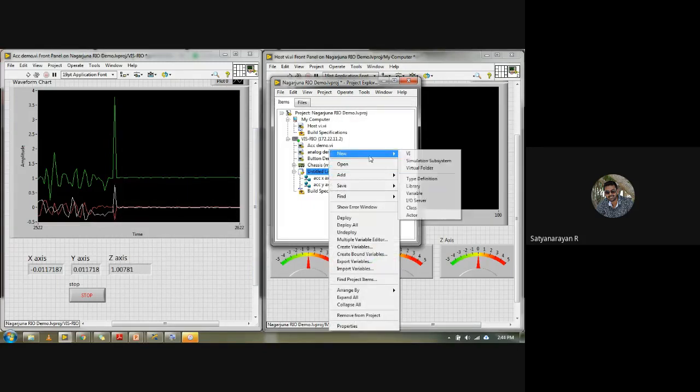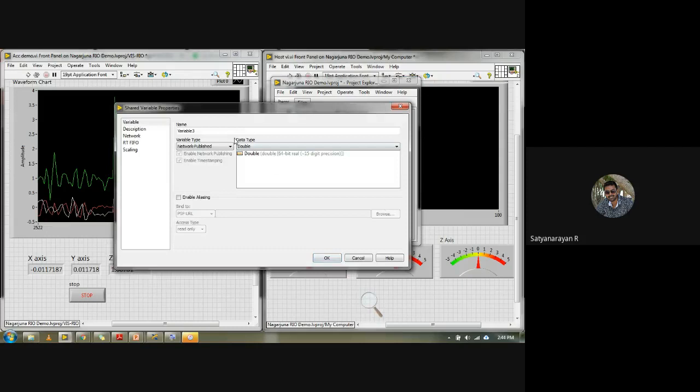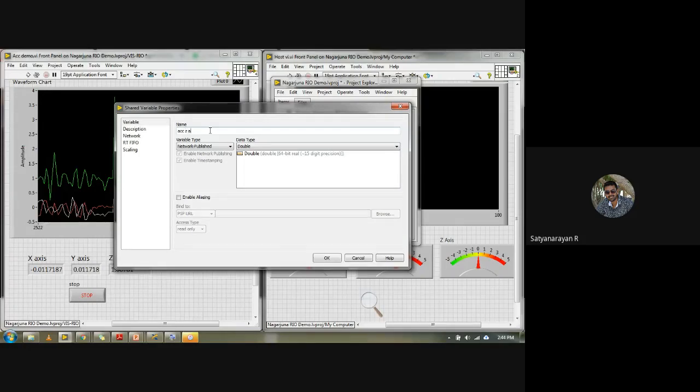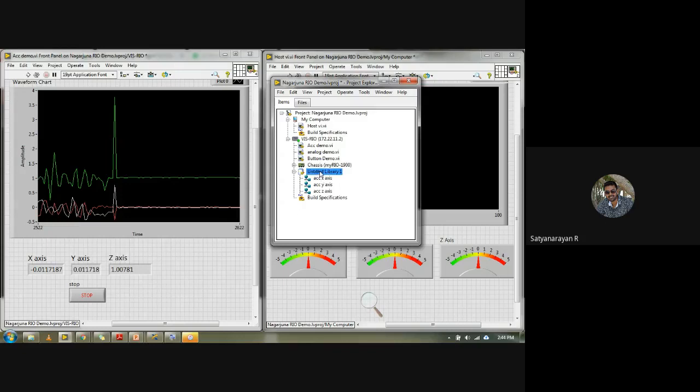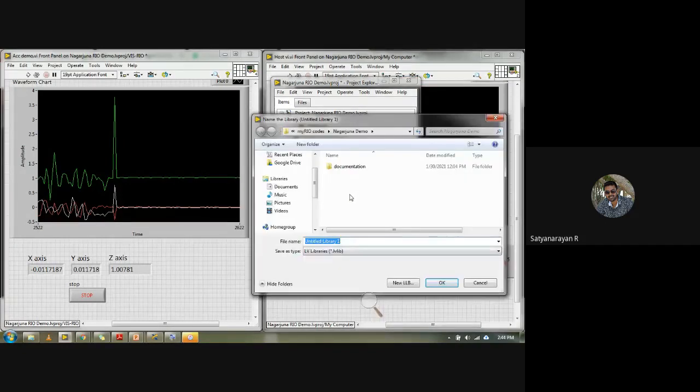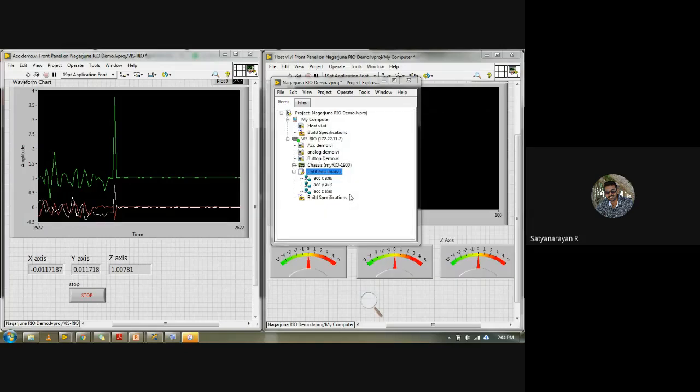Again I'll add one more variable and call it accelerometer z-axis. Then I'll save the variables and name the library accelerometer variable. So these three variables have been created.